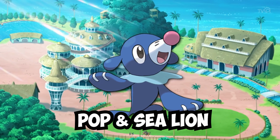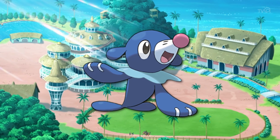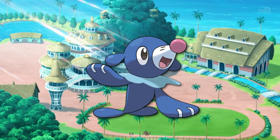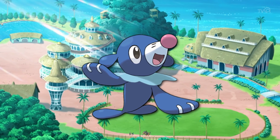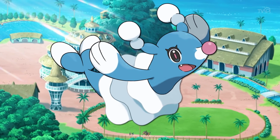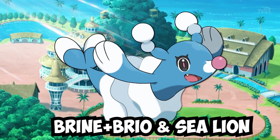Now, as for its design, it has a hint of a clown in its design, which you can see with the red nose, but for the most part, its design is mostly based on a performing sea lion, or the classic interpretation of a performing sea lion. So that's that one. Next is Brionne, and its name comes from the word brine, which means salty water, and